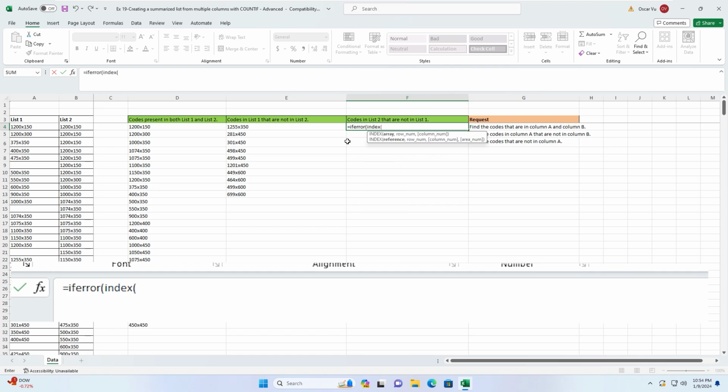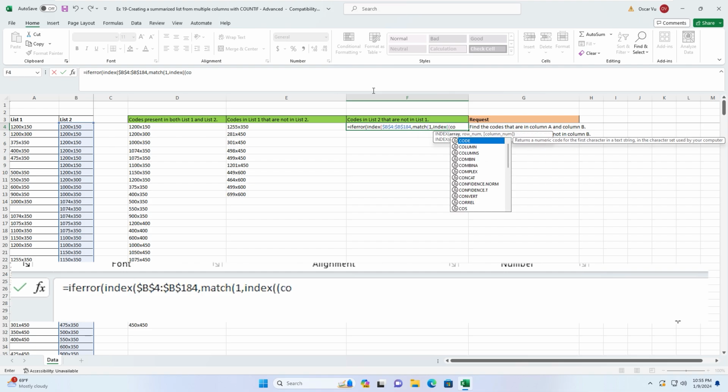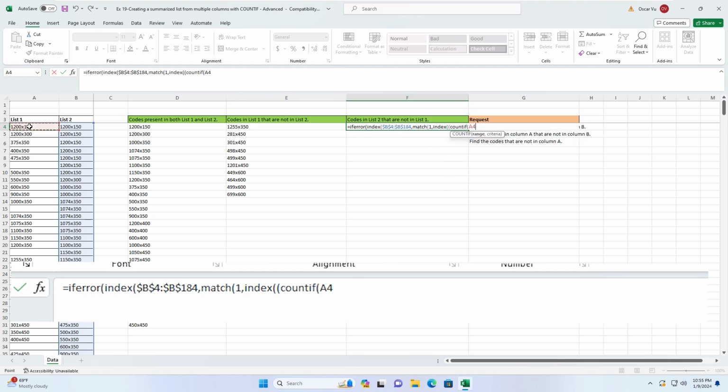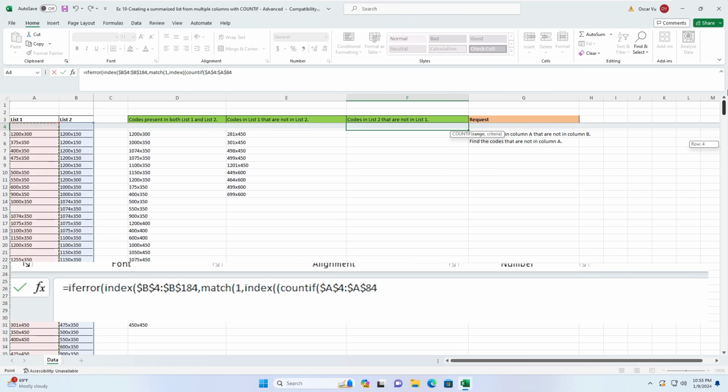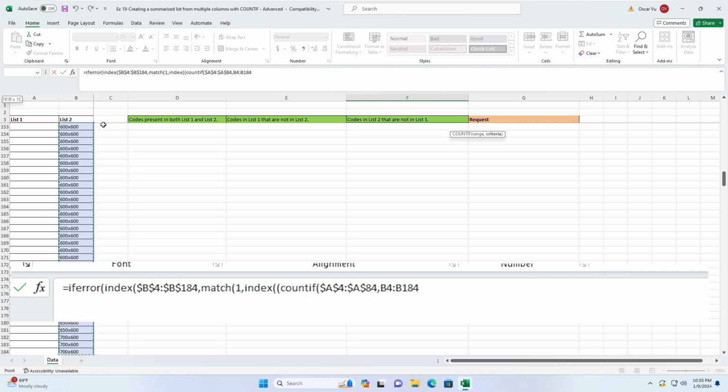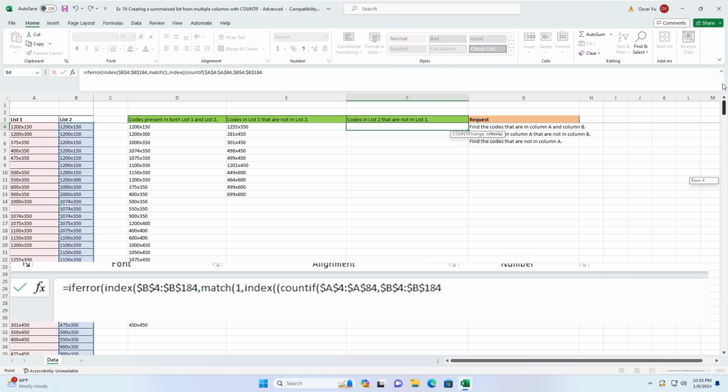INDEX open parenthesis B4 to B184. Press F4 to lock, comma, MATCH open parenthesis 1, comma, INDEX open parenthesis, COUNTIF open parenthesis A4 to A84. Press F4 to lock, comma B4 to B184. Press F4 to lock,